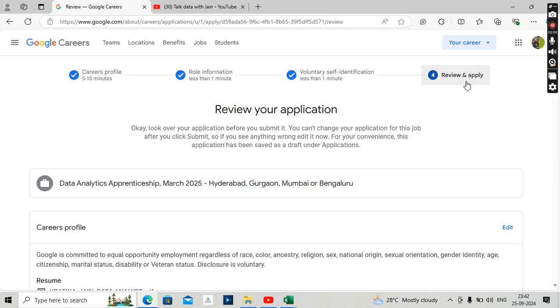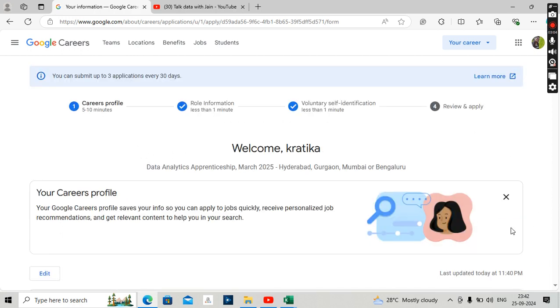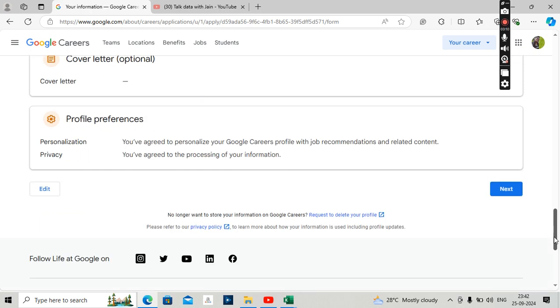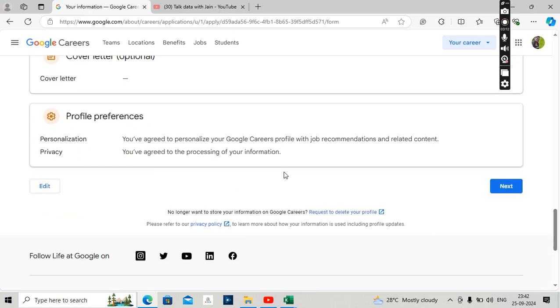So in this you can review and apply, and you can even edit also, because if you have done something wrong or if you have missed something, you can again edit and put your information. And in the last they will be asking you whether all the things you have put in are correct or not. And then next,